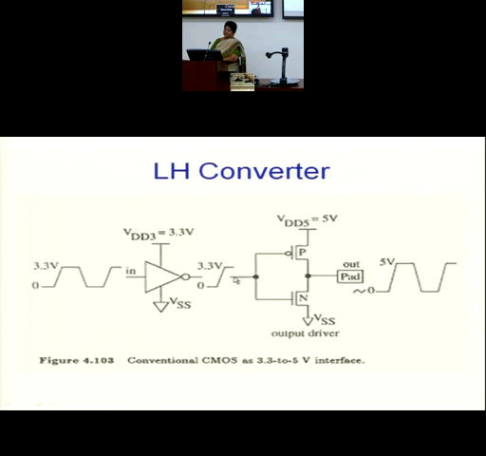Now remember, the highest input point would be 0 or 3.3. This is VDD 5 volts, so naturally the current will flow and this node will fully charge to 5 volts. So for an input 0 here, you will get 5 volts here. And for an input 3.3 here, which would be sufficient to turn on this NMOS, it would discharge. So what's the drawback of using this driver? Can you identify the drawback of using this as a simple L to H converter?